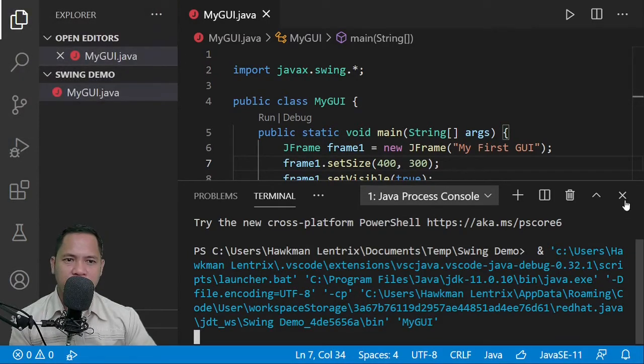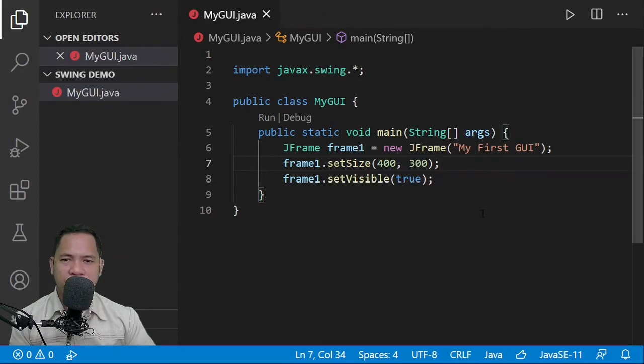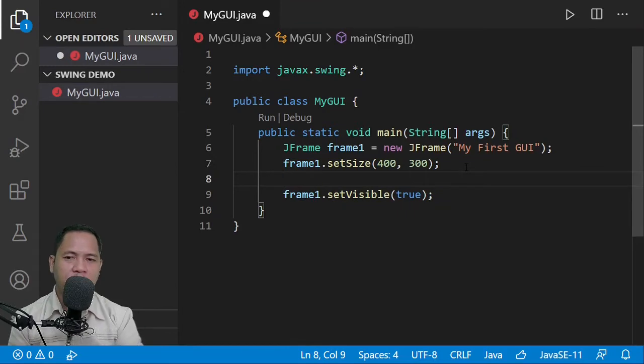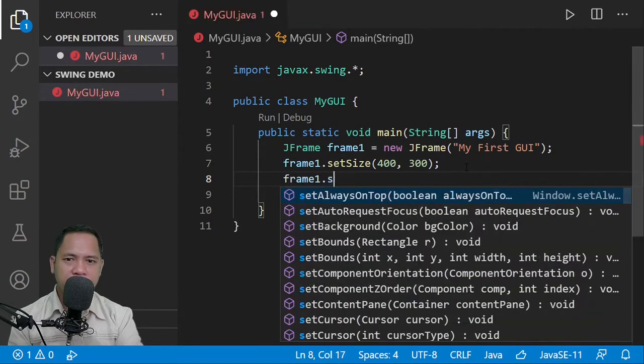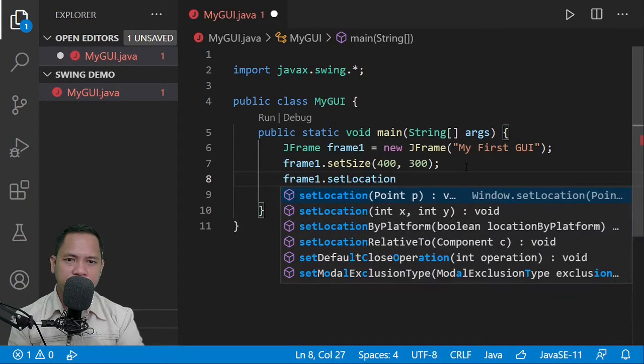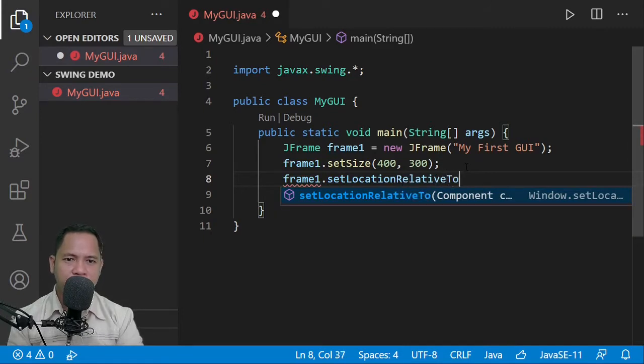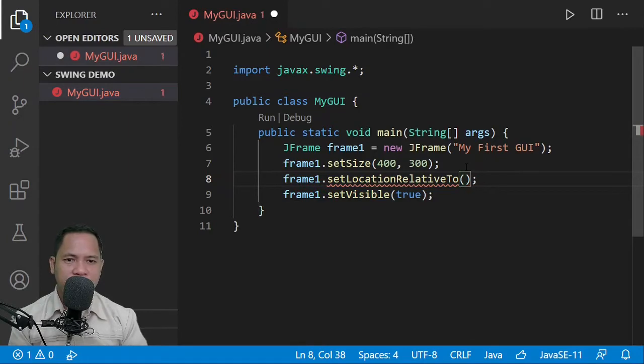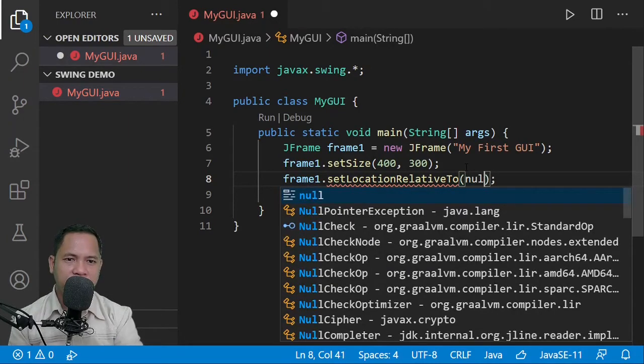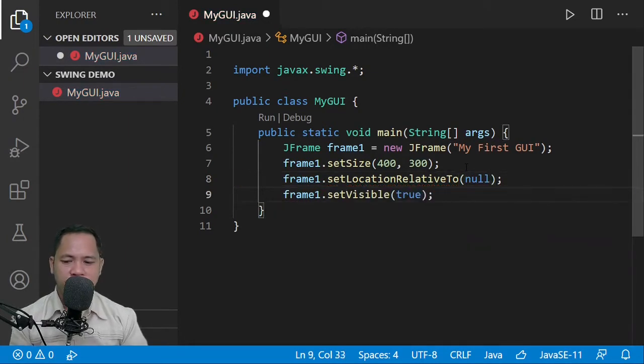But we can also display it in the middle, and that is very simple to do by simply calling setLocationRelativeTo, and it should not be relative to anything so that it will be centered, so it should be relative to null. All right, so with that,